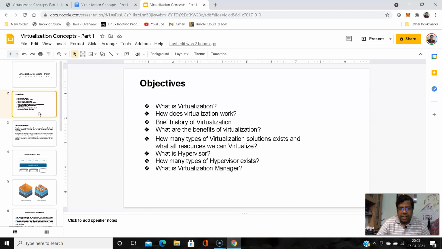In that article, I have mentioned one of the key skills, that is virtualization. Virtualization is the essence of modern IT, and the cloud is completely based on virtualization. So these are the objectives that I'll be covering today.